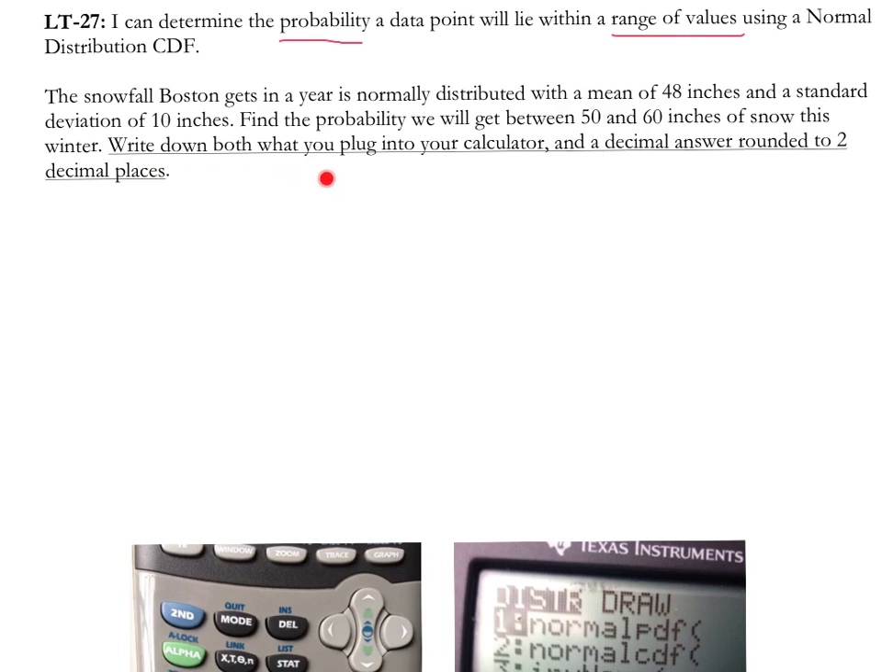And once again, we want to write down both what you plug into your calculator and a decimal answer rounded to 2 decimal places. So since we can see that we have a range of values here, we know we want to use the normal CDF. So